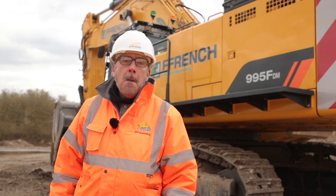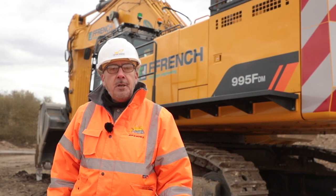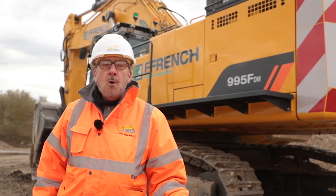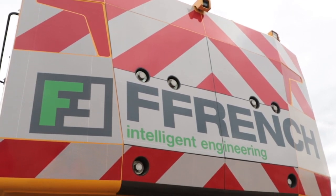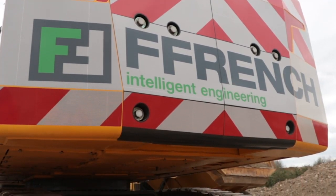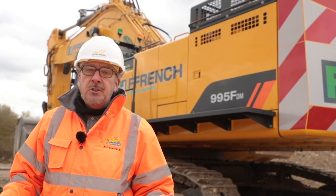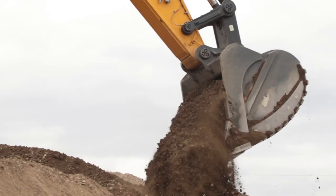This machine is the first model from Liu Gong in the new F-Series range. The 995F machine has been adapted for the rigours of the European mass excavation, mining and quarrying market. The Stage 5 machine has an 18.1 litre Perkins 2806 engine producing 447 kilowatts of power with a low engine speed and high torque. So here at the rear of the machine, the counterweight has been increased by 1.8 tonnes, giving the excavator an operating weight of 94,800 kilograms. This gives it real stability when being operated with, say, large attachments or the 5.6 cubic metre bucket this machine